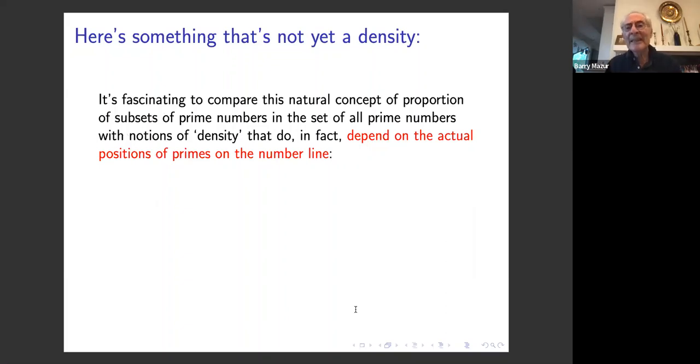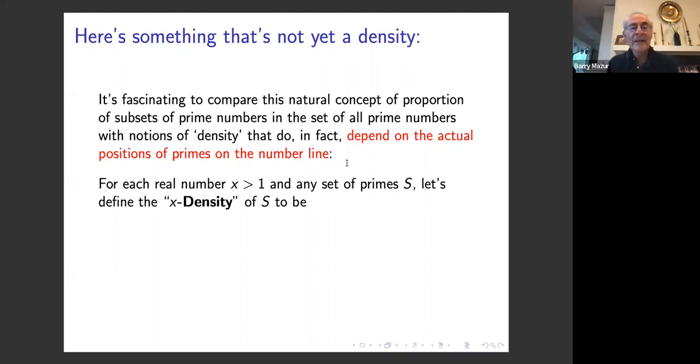So anyway, given that, here's something that's not yet a density. And I'm going to consider this because I want to compare the natural concept of proportion of subsets of prime numbers in the set of all prime numbers with notions of density of primes that in fact depend on the actual positions of the primes in the number line. That's sort of unintuitive, that you might be willing to do that. The density of a subset of primes, why should that depend in a specific way? In any case,